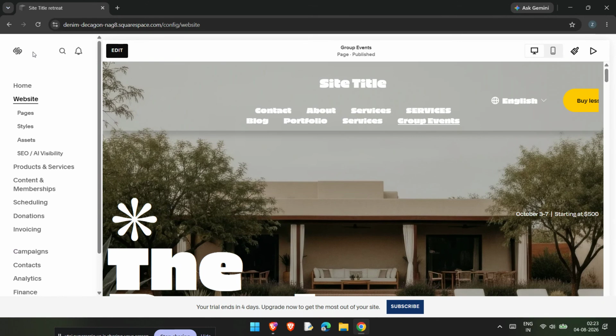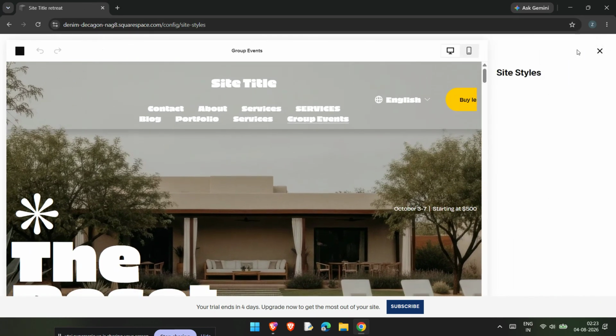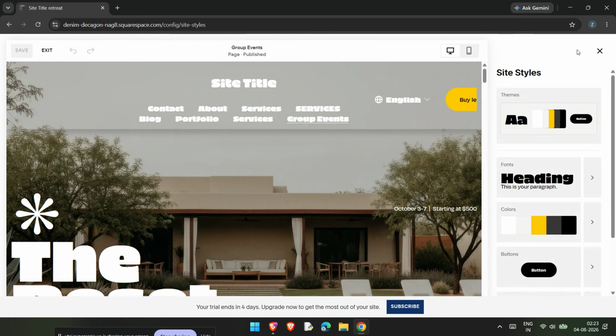Alright, let's jump in. First, go to your Squarespace site editor and open the main editing interface for the website you want to restart. Once you're inside the editor, look to the top right corner and click Site Styles. This is the paintbrush icon, and it's where Squarespace keeps all of your design settings like colors, fonts, spacing, button styles, and layout options. After the Site Styles panel opens, scroll all the way down to the very bottom of